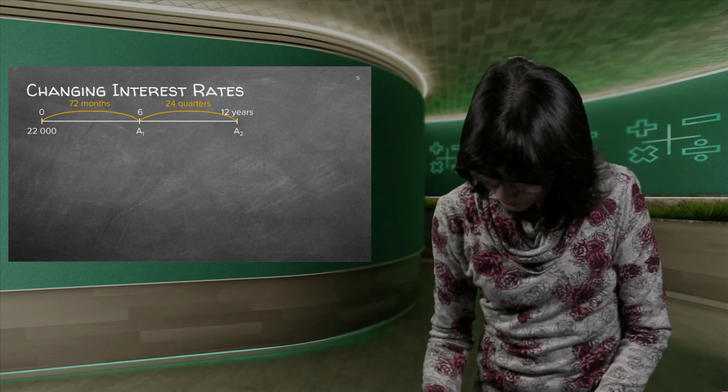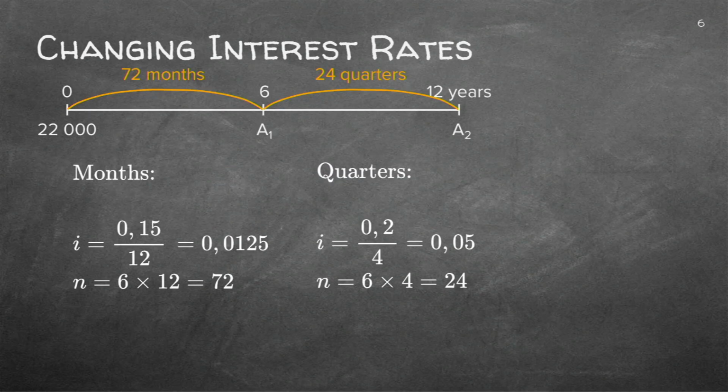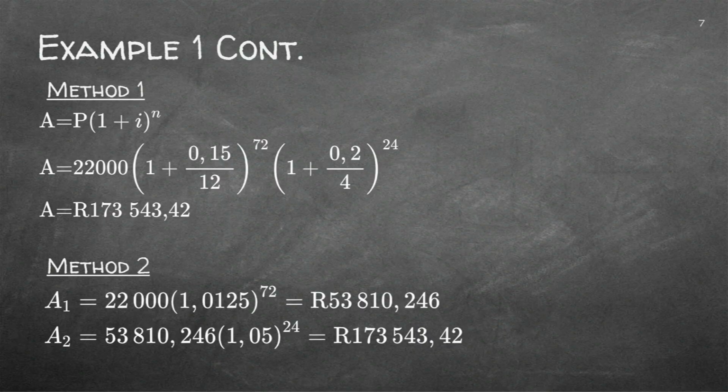I'm actually quickly going to go back to the problem itself because I want you to summarize it and highlight so that you can do it all on your own. There's the proper timeline with the interest. There's the answer. Now there's two methods. Can you see this method? They only worked out the one coach, 1 plus that 0.15 over 12. They just worked it out on the calculator, so it gives you 1.0125. And then when they get the answer, they take that same answer and they multiply it with a new bracket. But remember, now you may not round off inside the problem. And it gives you exactly the same answer.